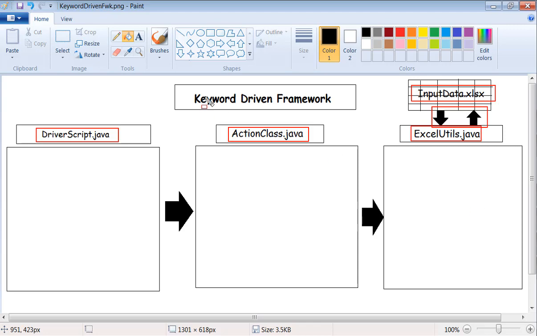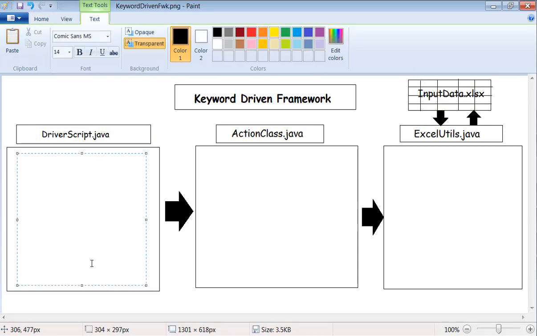Now let's get into the class. What is the content of this class? Let me write down the class contents. Mainly the class contents are invoke browser, where you are trying to focus on the browser type and the URL. Right now URL is not required, just mention invoke browser, which will help us to launch the browser, and it will also take care of creation of the driver instance.